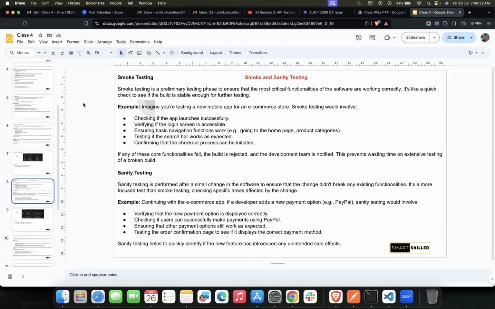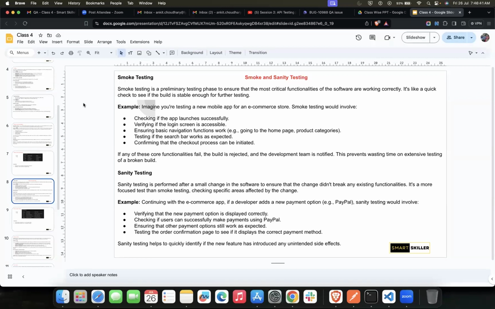Now, smoke testing basically means that whenever you want to start the testing, it is after a few phases of the product have already been released. It's not that the very first time you encounter testing, you do the smoke testing itself.